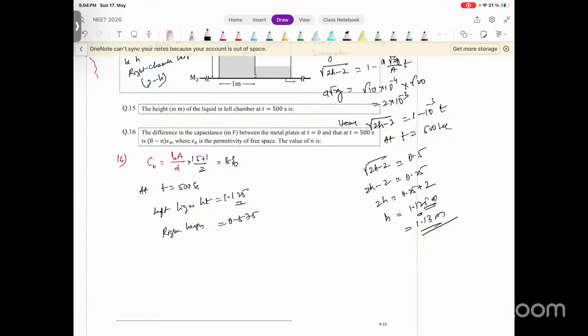So the effective capacitance will become C equals n times epsilon naught. C value is 8 epsilon naught. I got it. So this would become 5 times epsilon naught. So the difference